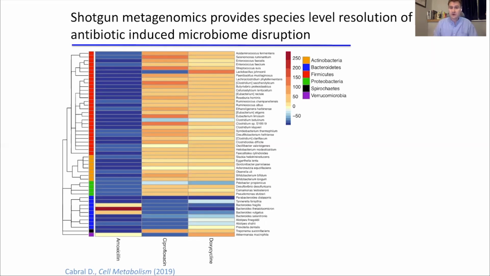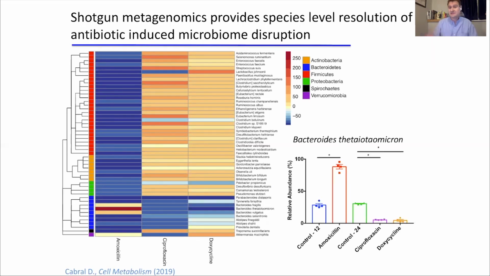a lot of those 4 are in the Bacteroides phylum, and one of them is a bacteria called B theta. So B theta is an important member of both the human and the murine microbiome, and it seems to bloom during antimicrobial therapy. It goes from about 30% to close to 90% when we give these mice amoxicillin. Yet when we give doxycycline or ciprofloxacin, it actually seems to die. Interestingly, if you look at the susceptibility of this bacteria to amoxicillin, it should be relatively susceptible. It's probably not the best drug to use to get rid of this bacteria, but theoretically it should be susceptible.